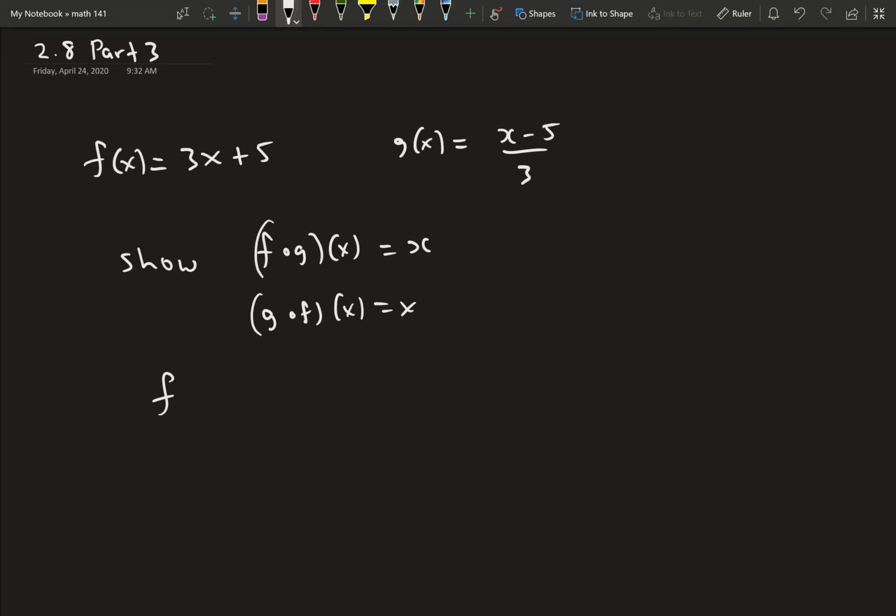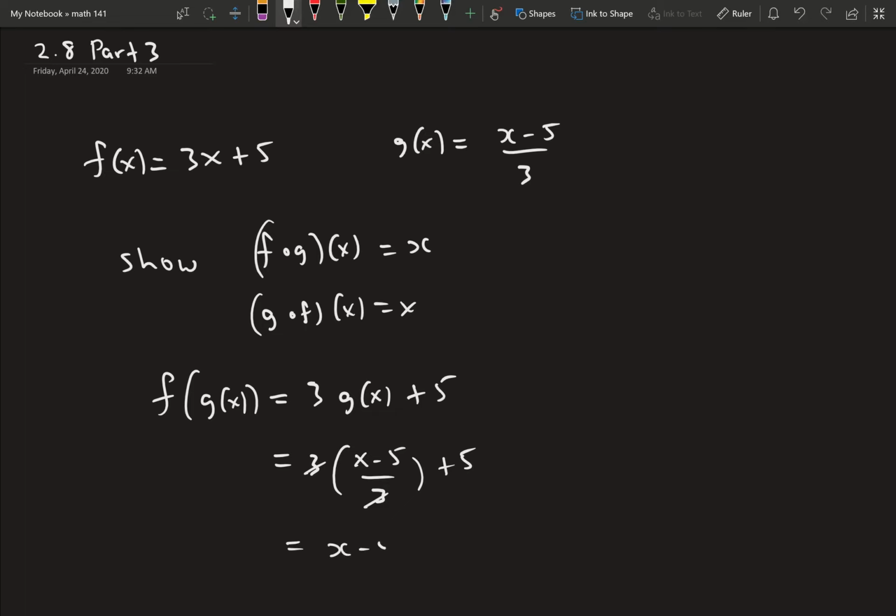Well, f of g, that's 3g of x plus 5, which is 3 times x minus 5 divided by 3 plus 5. So the 3's cancel. We get x minus 5 plus 5, which is x. So that part works out just fine. Similarly,